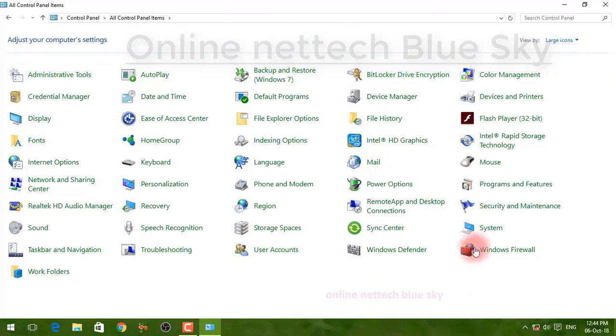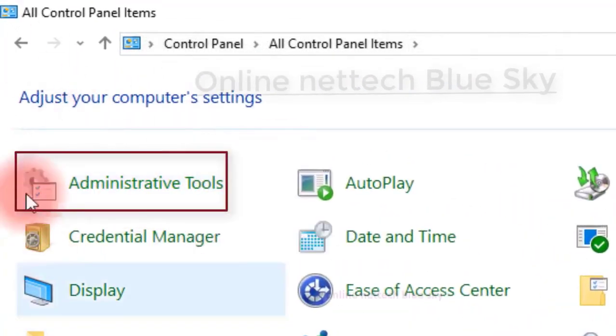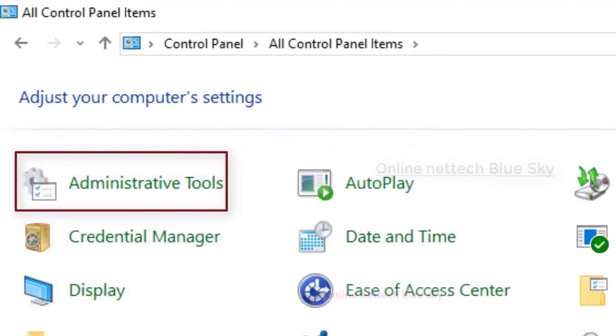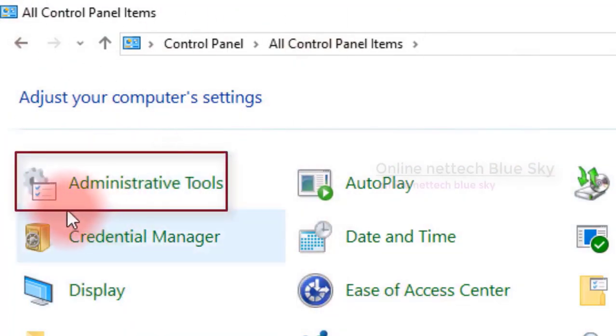So first we will discuss only Administrative Tools. What are Administrative Tools? You know what an administrator is. Administrator means the main power user. So Administrative Tools means different tools for using your computer. This is Administrative Tools, and I will discuss it first